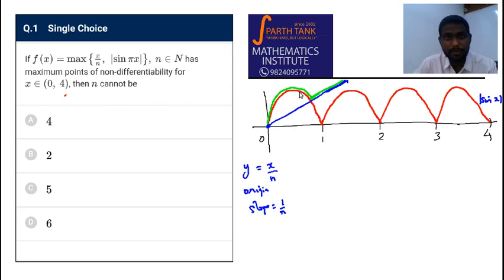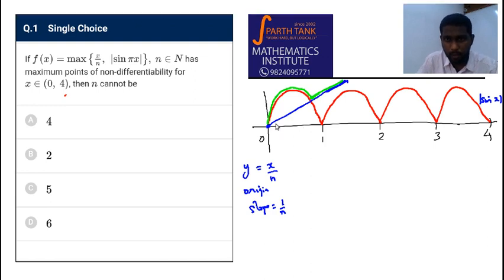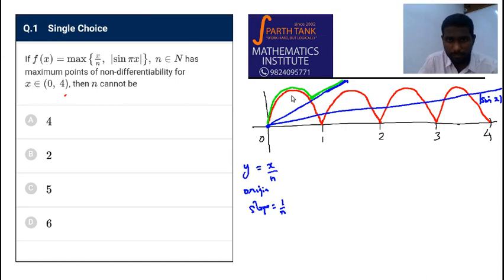There are quite a few problems like this that we are doing in every paper, right? So remember, there is 1 point of non-differentiability. So if this point is non-differentiable, how many such points can there exist in this domain for different values of n, and what is the maximum value? Now it's not very difficult. The maximum can be only when it cuts through all these curves, something like this.